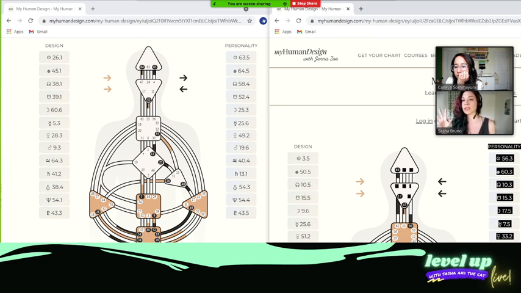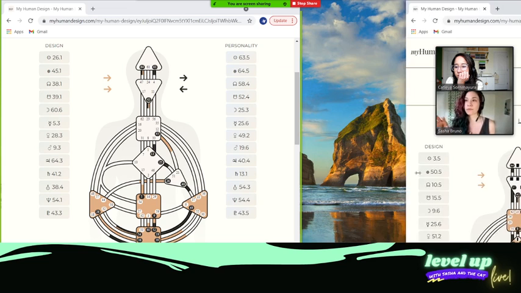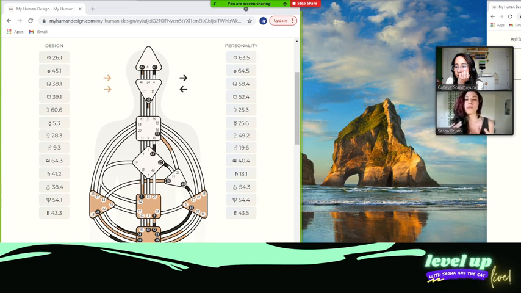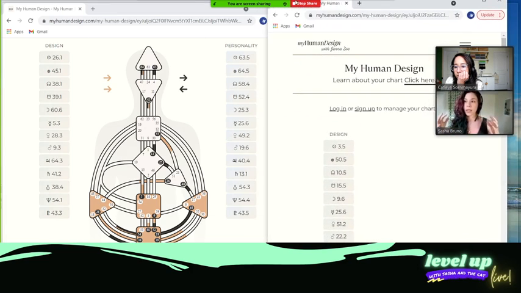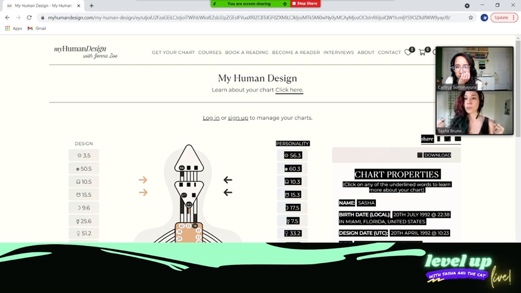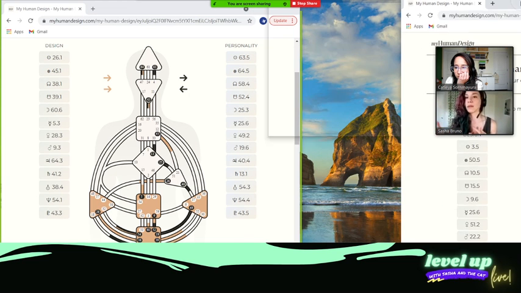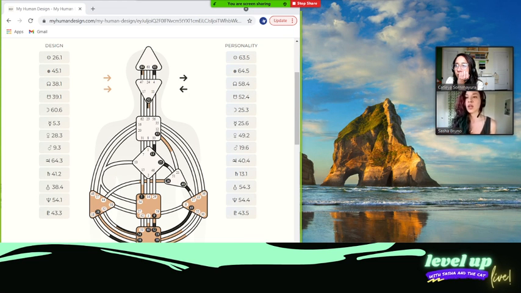That just means the areas that are undefined are where you might be a little more flexible and a little less rigid, whereas the ones that are colored in are defined. That might be where you ground from, or parts of you that other people can't change too easily. The white, undefined parts are aspects of your personality that are a little more malleable, flexible, adaptable, or just not as consistent.